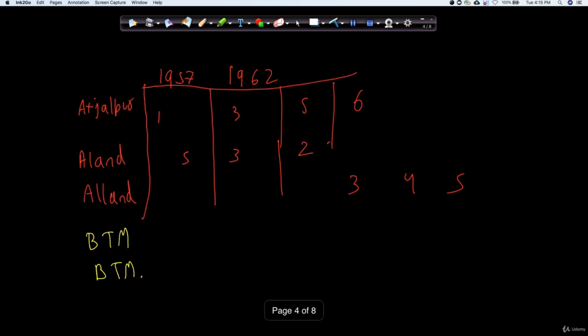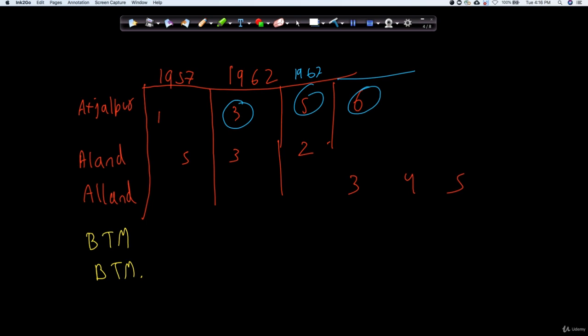Now, let me talk about one more type of problem, the alignment issue, which is a very generic issue I have seen. So there was this sort of data available to us, let's say this is Afjalpur. In 1957, there was only one candidate who stood for that election. In 1962, there were three candidates. Maybe in 1967, or whatever the time frame the election happened, there were five candidates and then six. And so this is the year, right? I just want to bring up an issue which happened there.